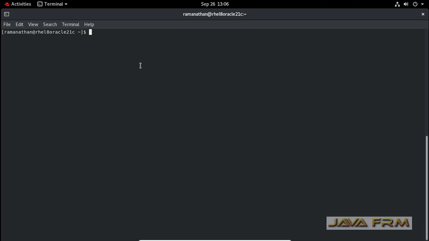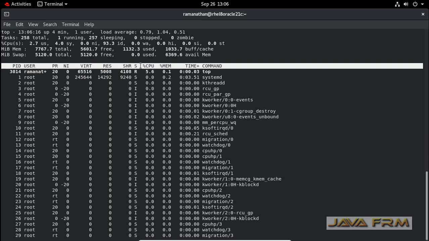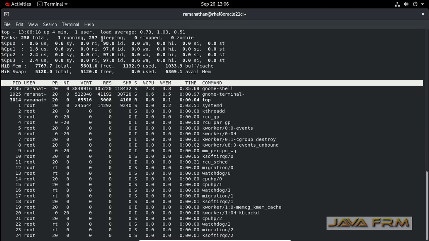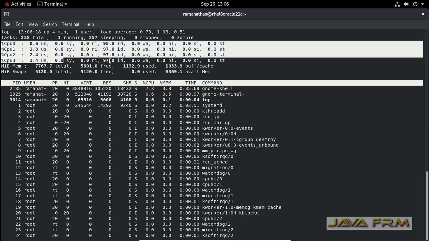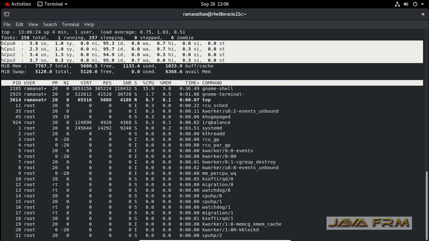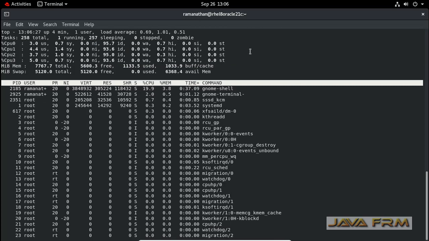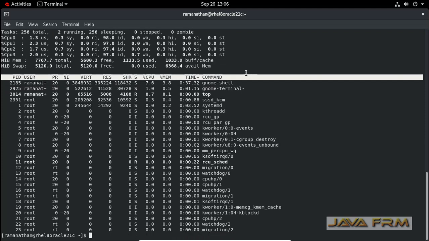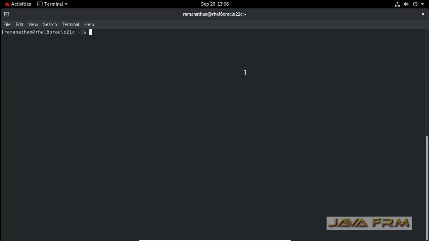A minimum of 2 GB of swap space is needed for this database. Also you can see that there are 4 CPU cores. A minimum of 2 CPU cores is needed to install this Oracle database. More than 2 CPU cores it will not support. It will support up to 2 CPU cores only. So these are the limitations of Oracle Database Express Edition.